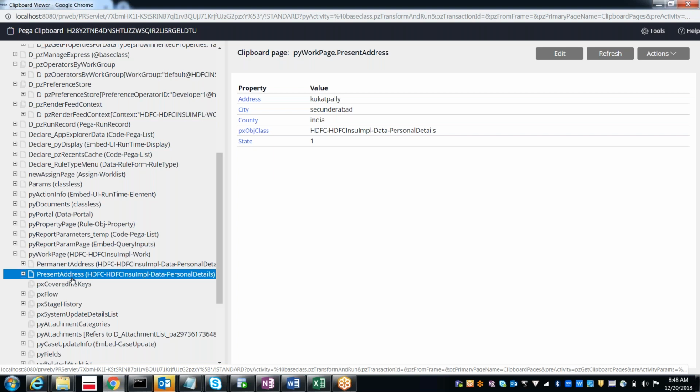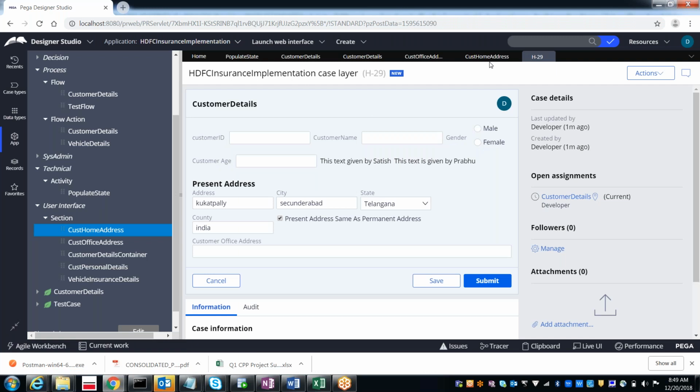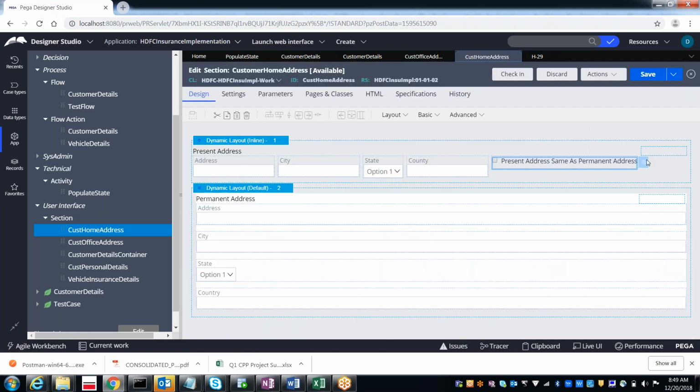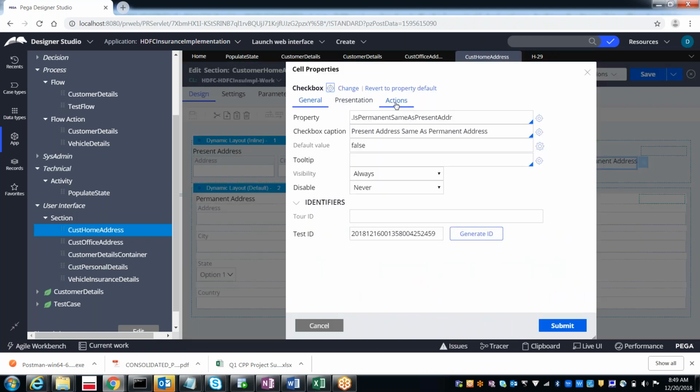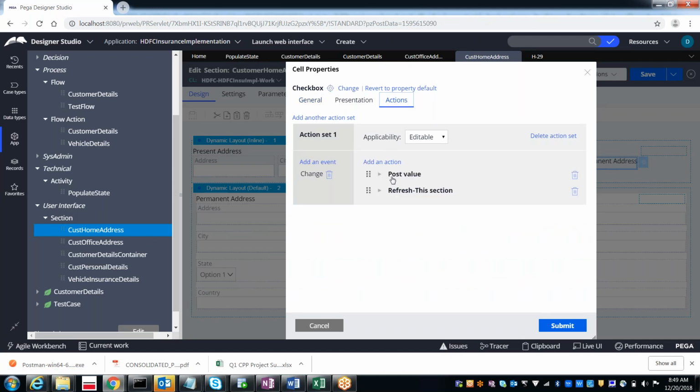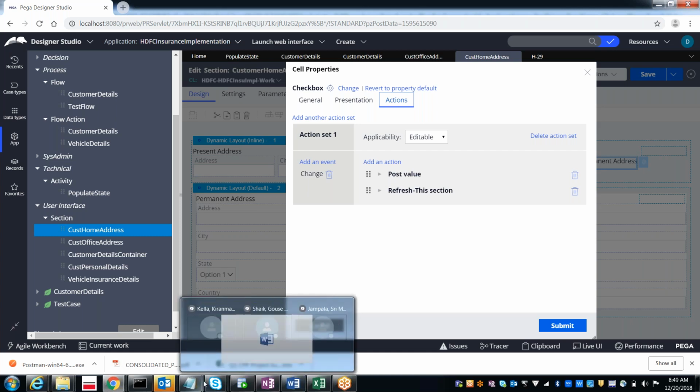So why are we getting it now on click of the checkbox? Because on click of the checkbox, I have applied an action. The action is post value. When you do the post value, only then from the user interface it will save to the cache, to the clipboard. Everybody clear? Yes. Now come to the actual functionality. Now we have the values on the clipboard. So on the clipboard, now what do we have to do?